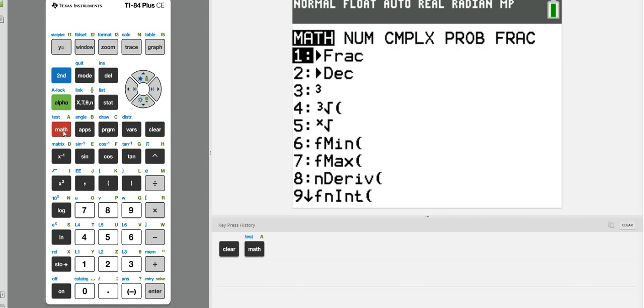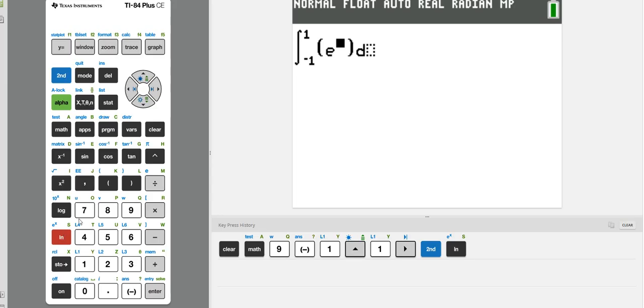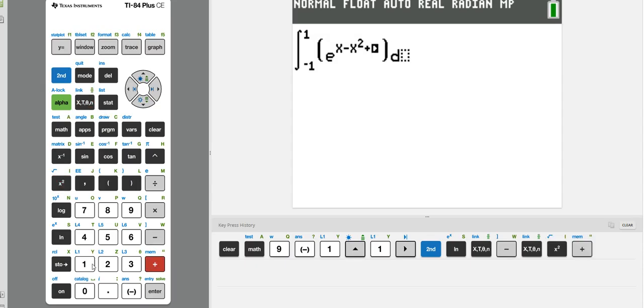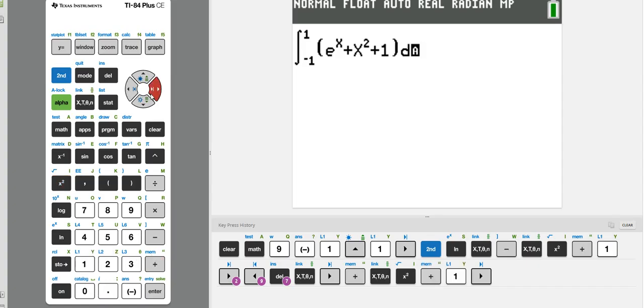So it's math 9. Destined to become your best friend. Minus 1 to 1. E to the x. Let's see, where else we got? Minus x squared plus 1. And your calculator insists on the dx. You know what? I made a mistake here, didn't I? That's all in the exponent. Sometimes I get in my own little world. All right, e to the x minus x squared